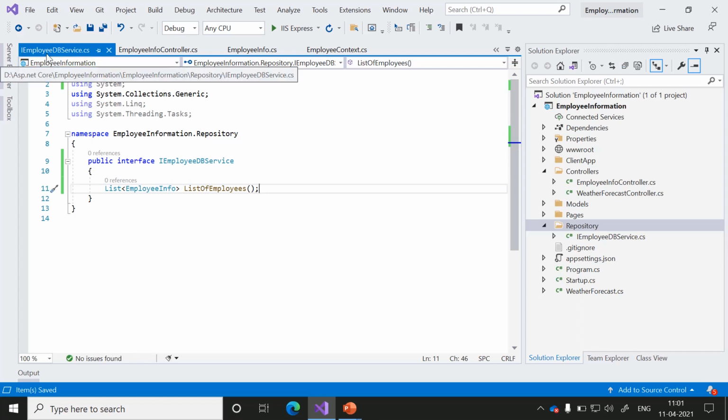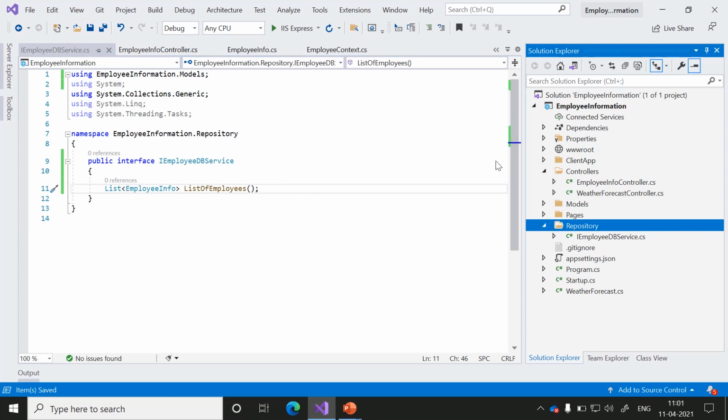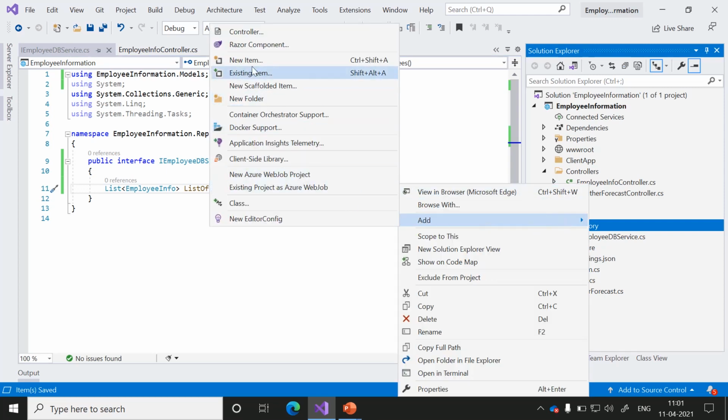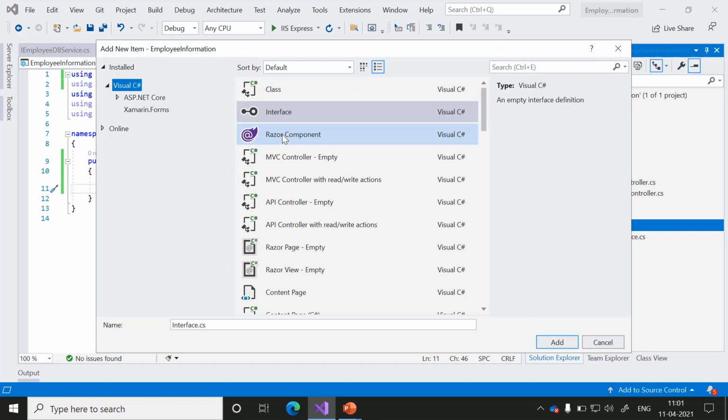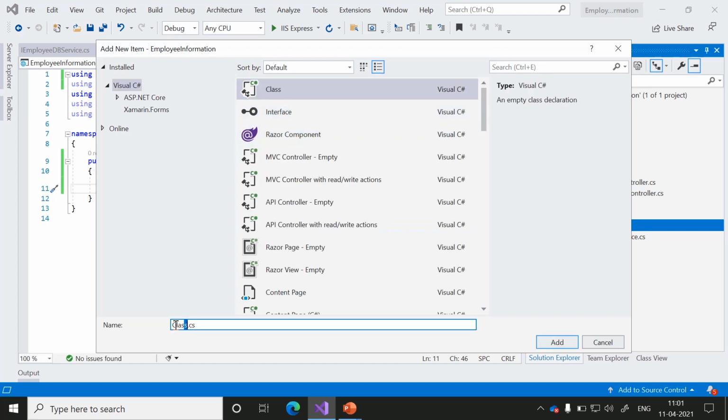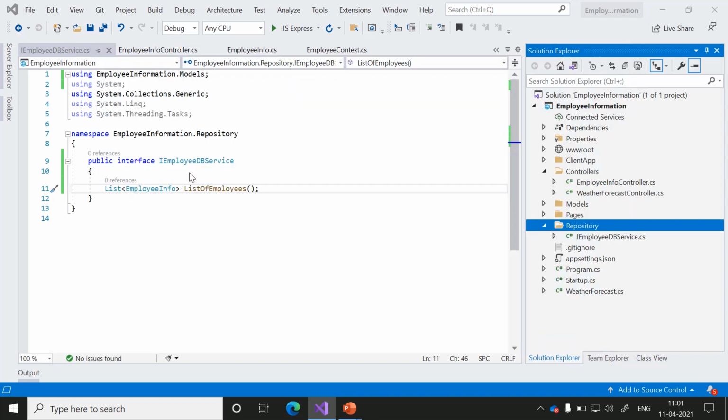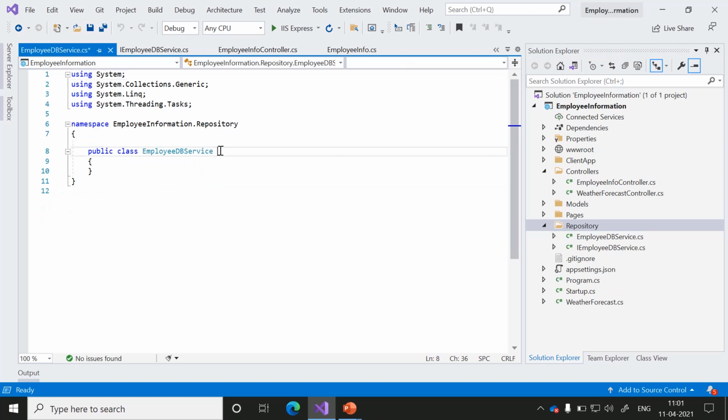To implement this IEmployeeDBService, we need to create a concrete class. Right click on the repository, click on add, new item, class, EmployeeDBService, which will take the responsibility of implementing the IEmployeeDBService.